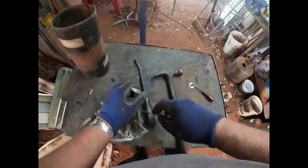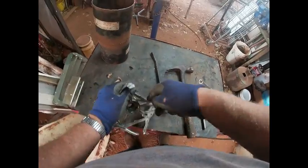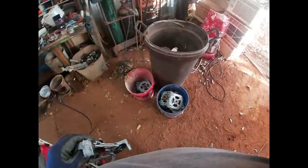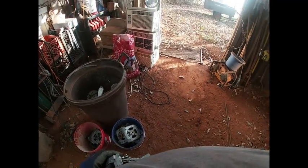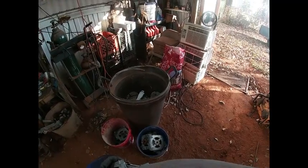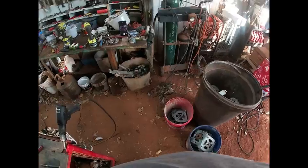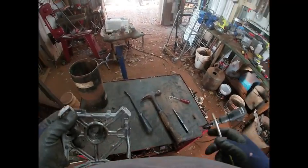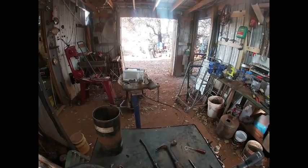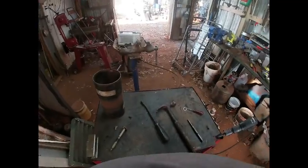Been getting kind of low on stuff to tear down. I've been doing a lot of cleaning in here, getting a lot of little stuff. I still got a couple air conditioner units over here. You can see them stacked up there, and I got that overhead projector. I guess you can see that over in the corner. And I got, let's see, I'll bring it up here. Outside, if you can see it out there, I got 2 TVs, a computer monitor, which I might try to